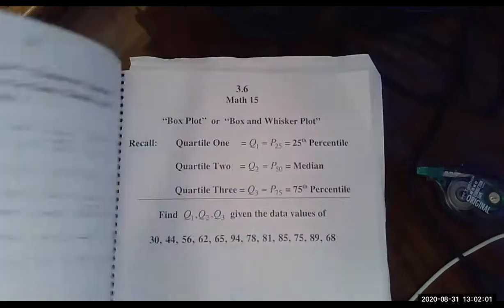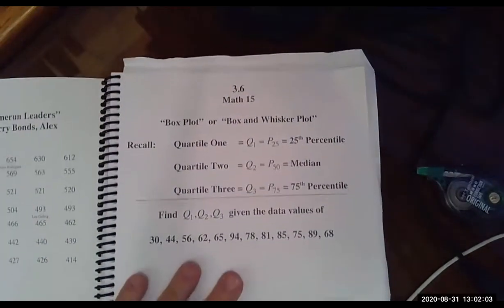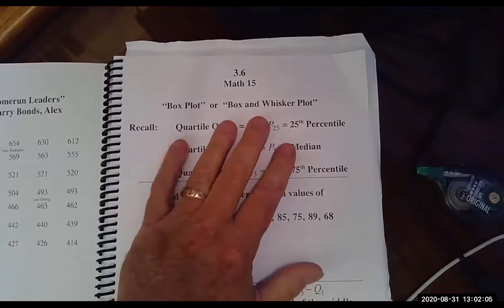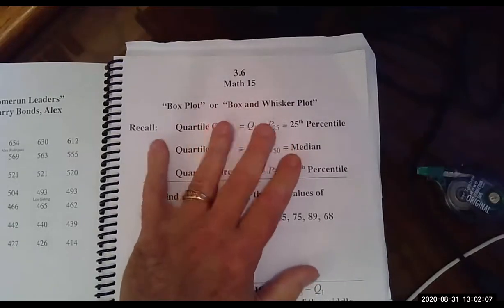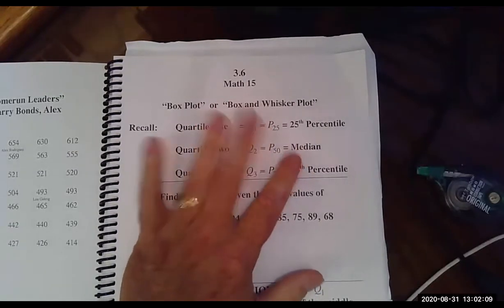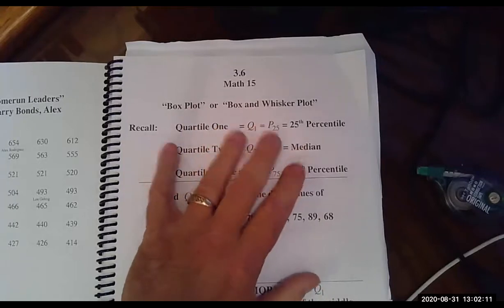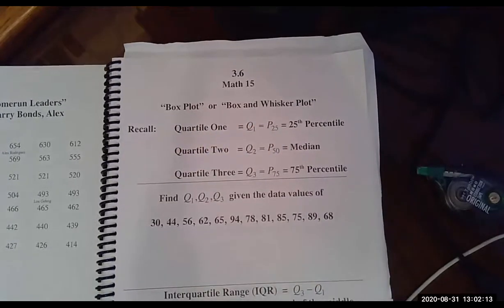And the last thing is creating what's called the box plot, a box and whisker plot. And I'll show you how to interpret this, where the numbers come from as well. And that wraps up